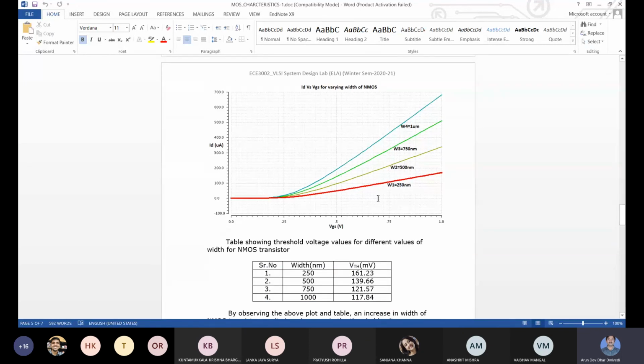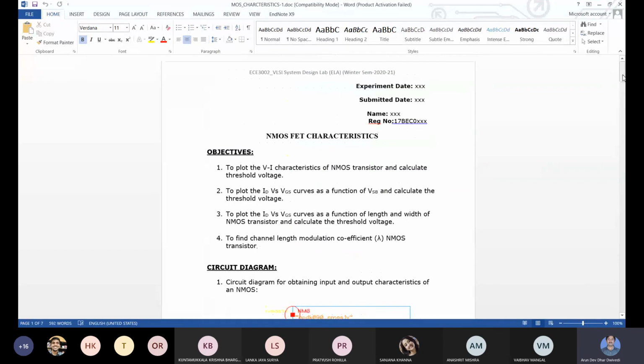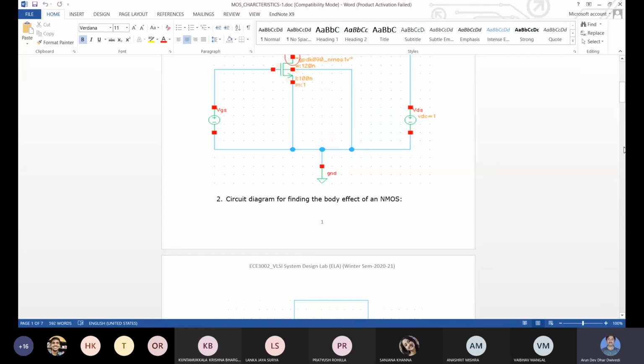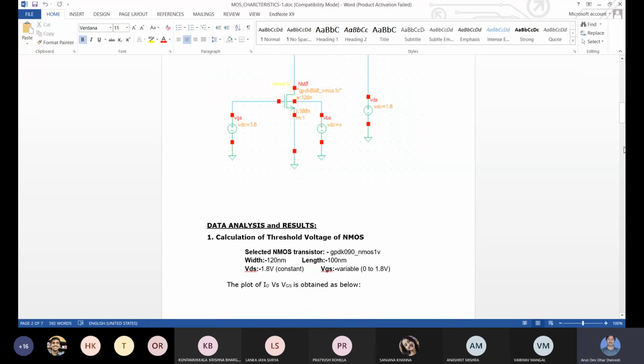Whatever tables and values are in this one are just indicative. Whatever you are doing, you can put it here. You need not take the same thing which is given in this table. It is just a format. But what we have done is for 50 nanometer technology. So for 50 nanometer technology, whatever W and L you are providing and whatever you are getting, that you should write in your report instead of the data available here.